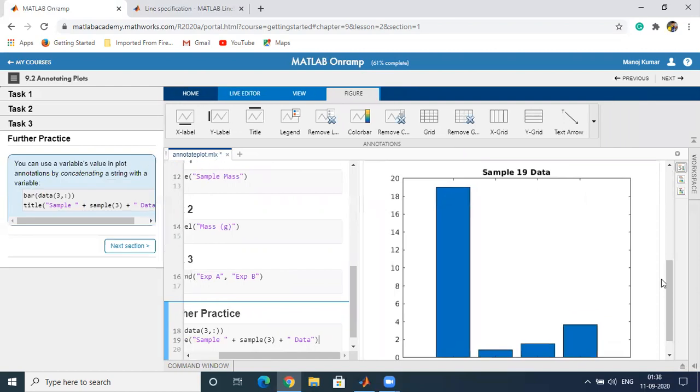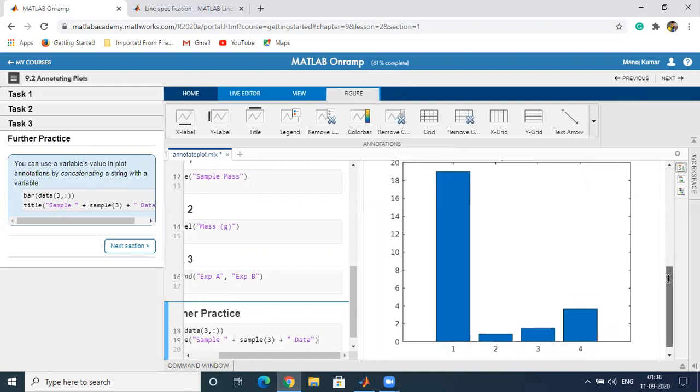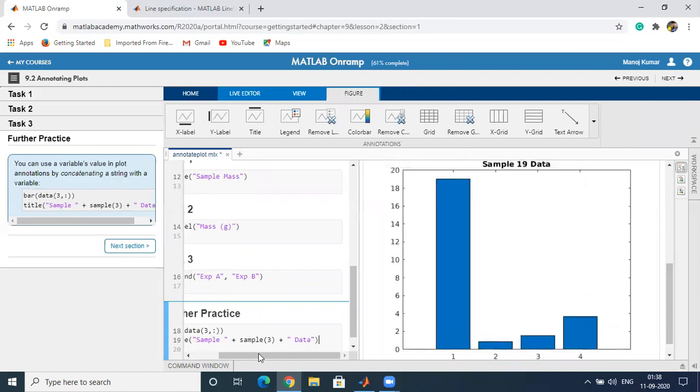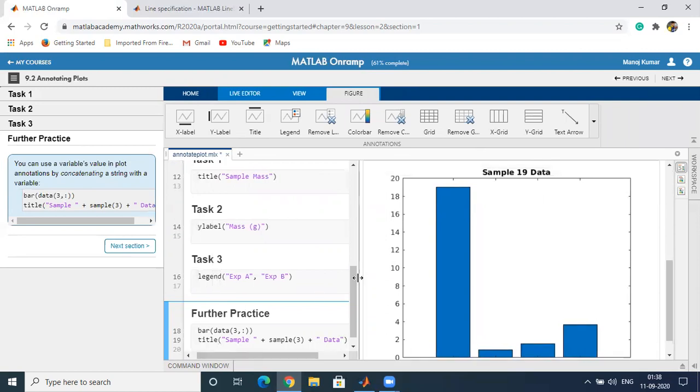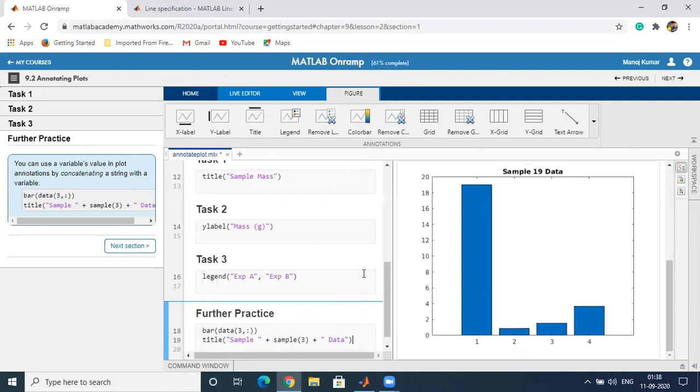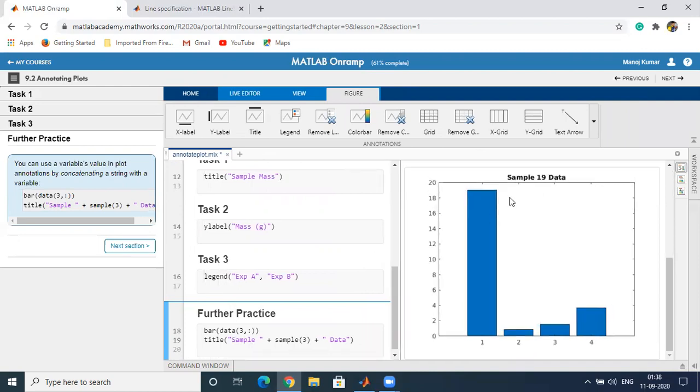You can see this is the bar plot, and we have typed in the title sample. So this will be the sample, and sample3, that will be the third element of the sample, the third component of the sample vector, plus data.